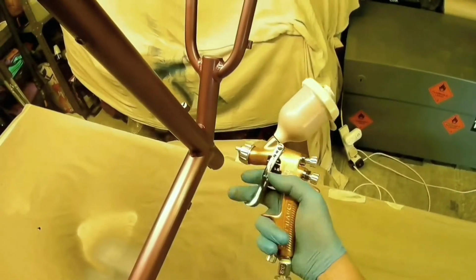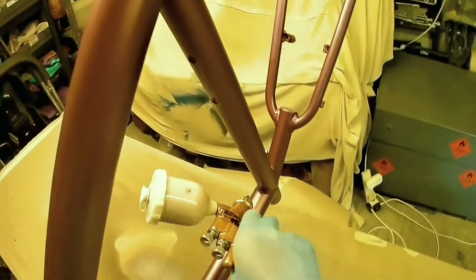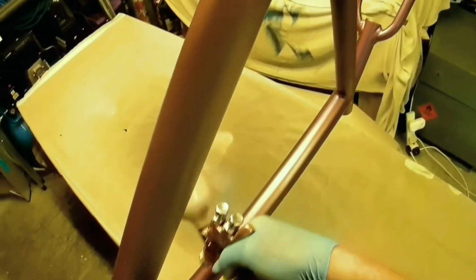Now, again, I don't know whether you watched the video I did of a set of forks for someone, but this is exactly the same principle. So you literally give really light strokes. The gun is set, I'll go for the gun in a minute, but it's set at about 1.5 bar at the moment, so it's not on the full pressure you would probably normally spray at. I say about. I've set the airline to pump through 2.5 bar,